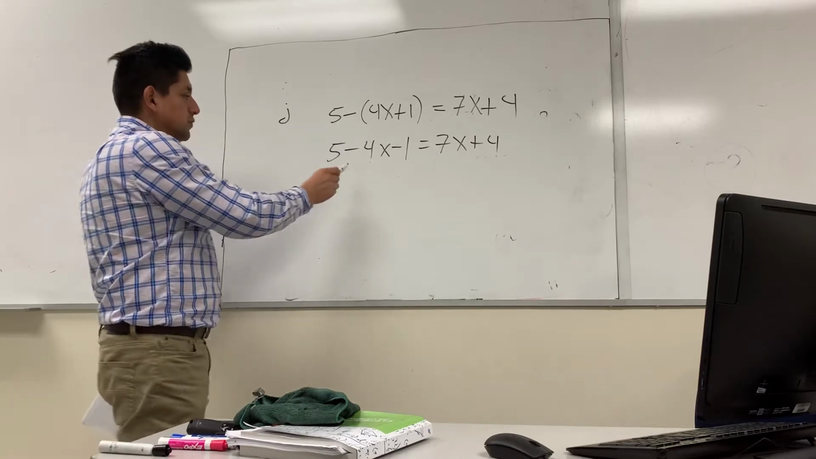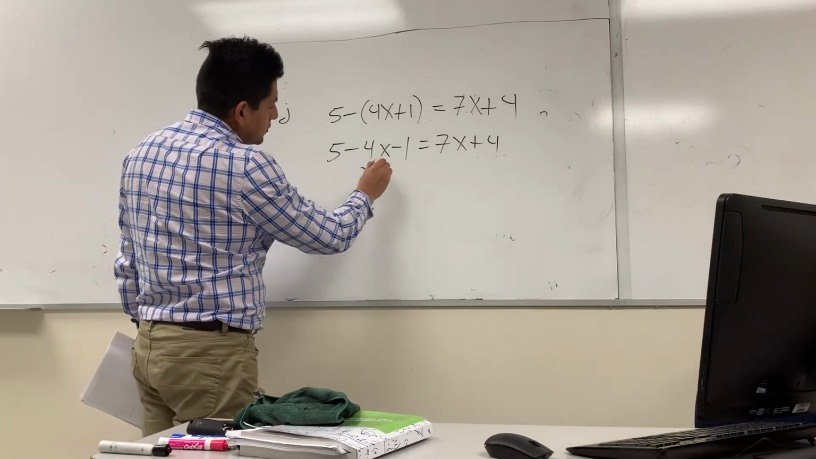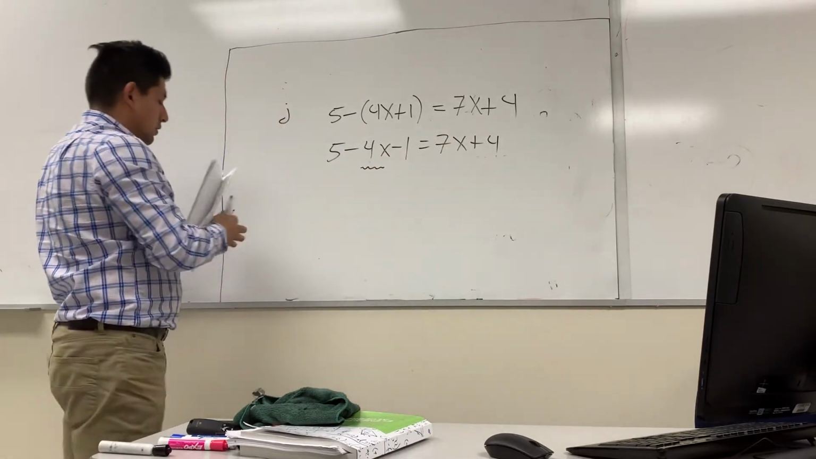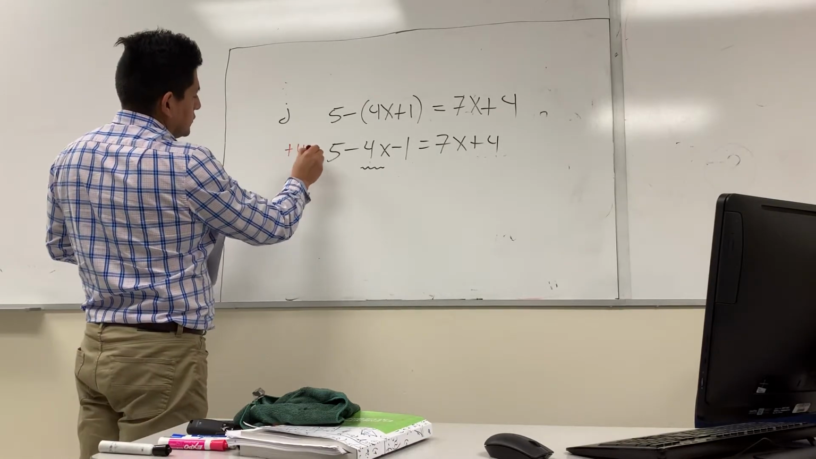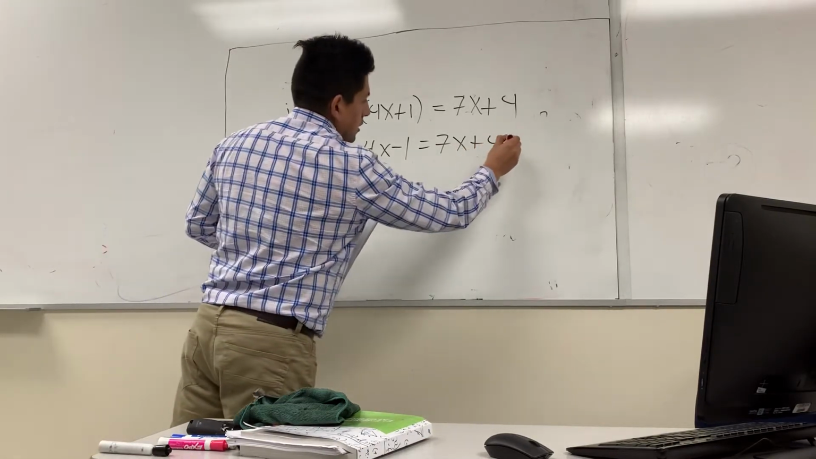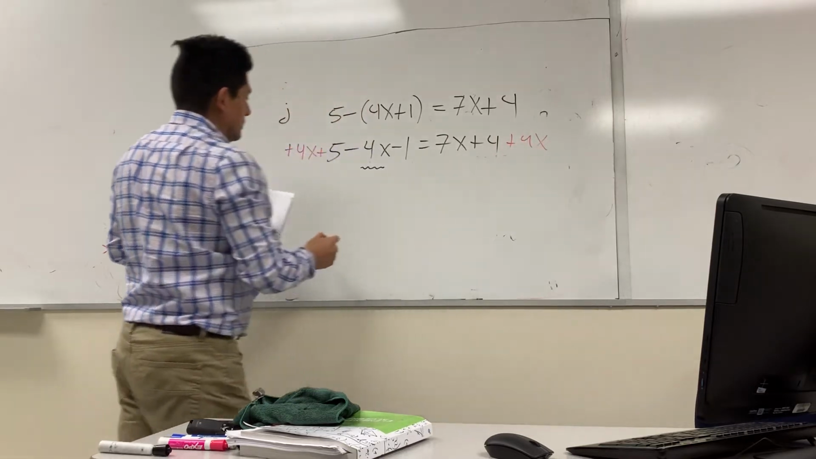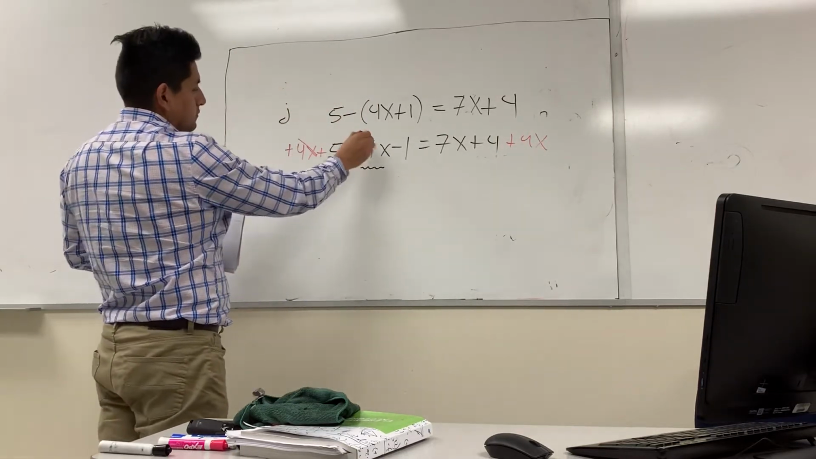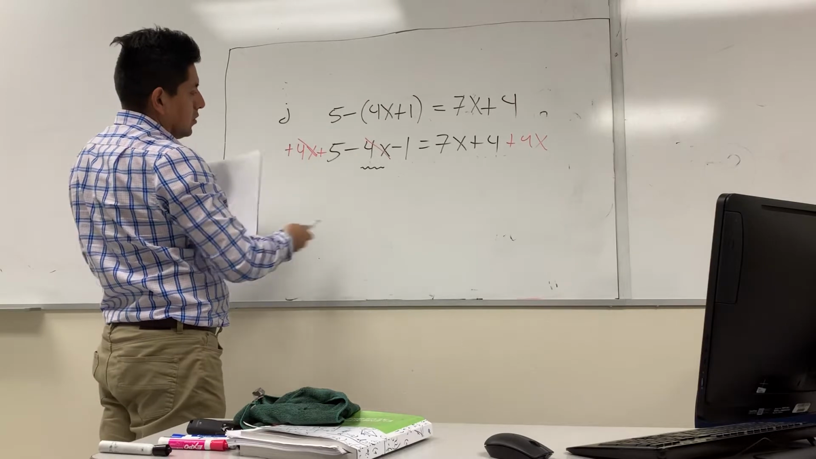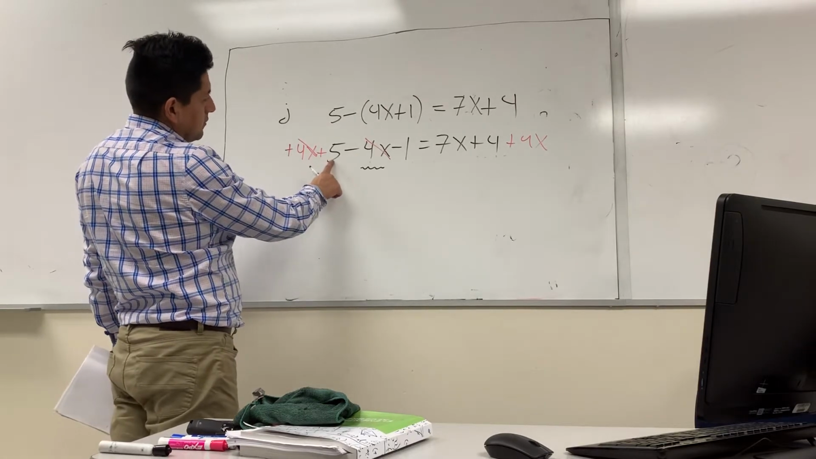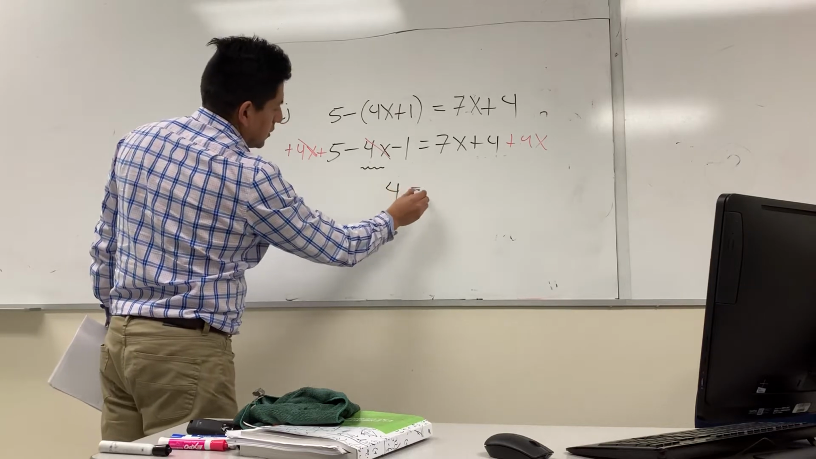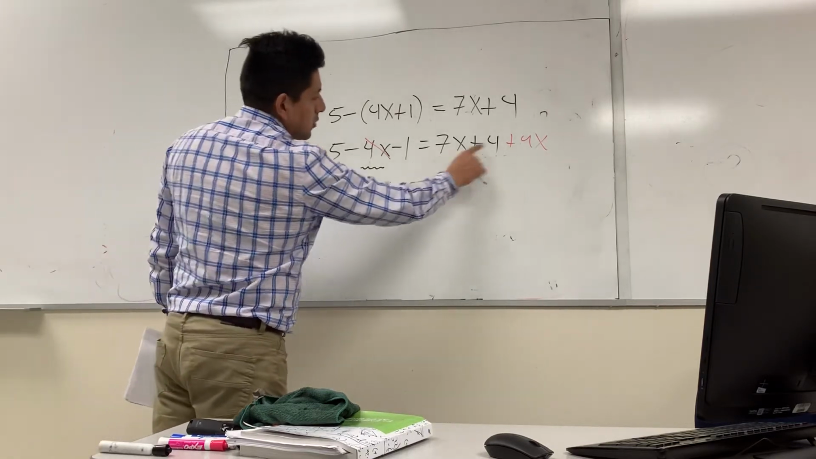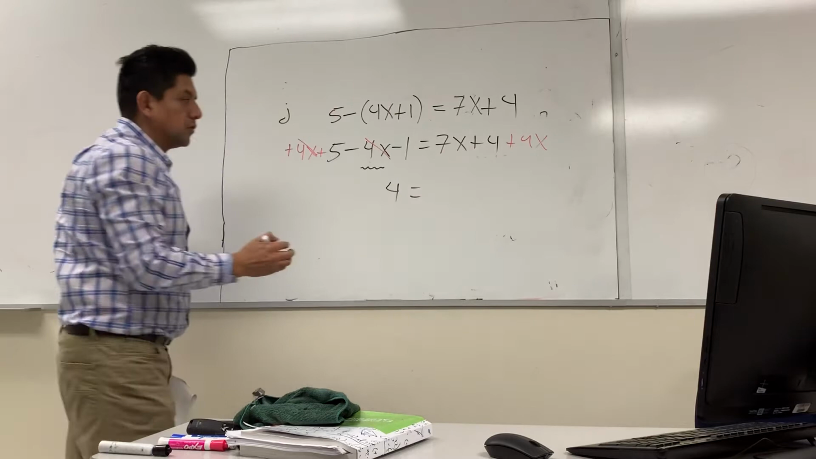So it's ideal for me to send this to the other side. In other words, I'm just adding 4x to both sides. Because 4x minus 4x will be gone, and I have 5 minus 1 on this term that becomes 4. Right here I can combine these two already. 7 plus 4, it's